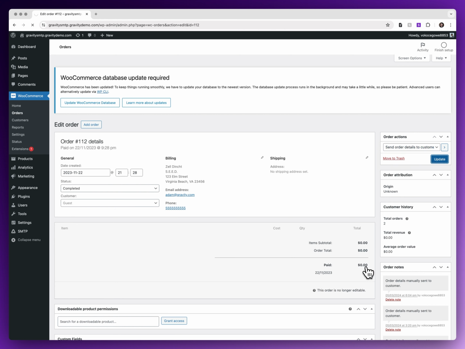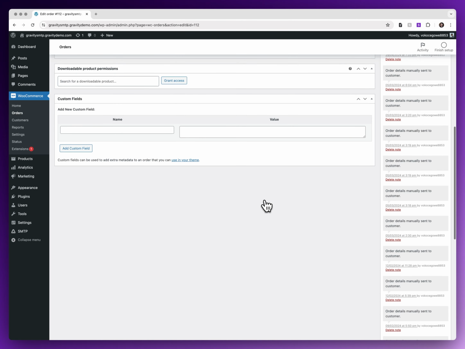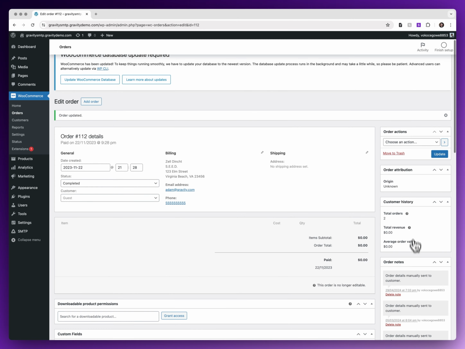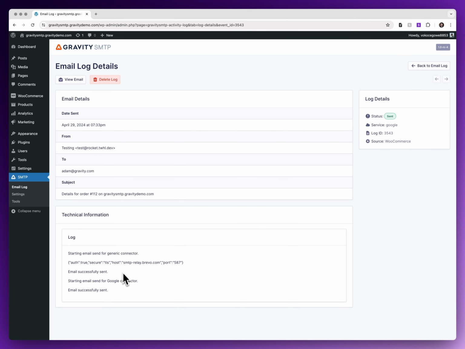Click update, and that should have sent. Yes, it did. It looks like it did. Now let's head on over to the SMTP plugin to make sure it actually sent. So it did. It said sent. So I click on it, and then I can see that it sent through the